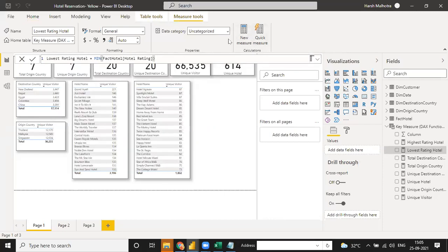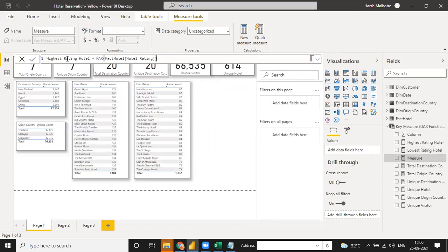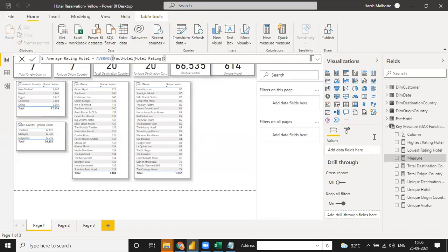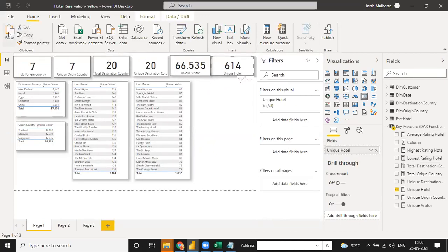And one more measure you have, just click on this. Now instead of highest, you can use average, and instead of max you use the average function. It means your hotel average rating will be there. Right now I am using the same thing, copy and paste two times.